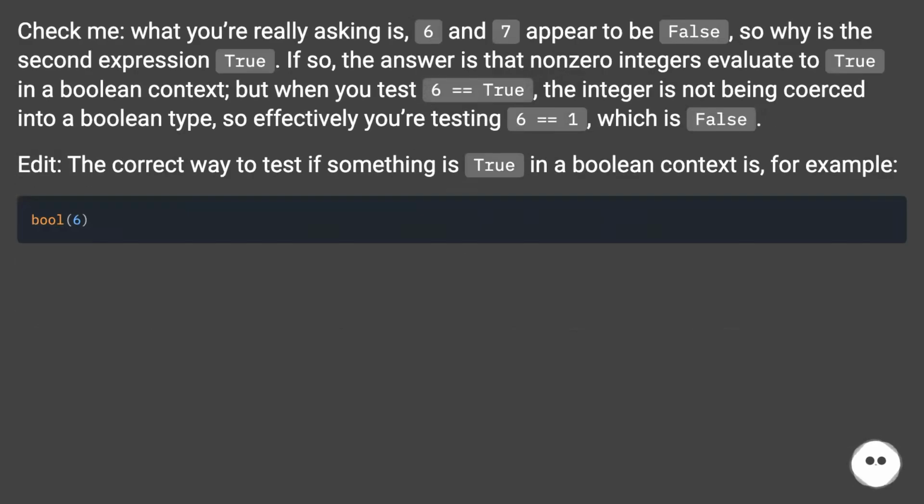Check me, but what you're really asking is, 6 and 7 appear to be false, so why is the second expression true? If so, the answer is that non-zero integers evaluate to true in a boolean context, but when you test 6 == True, the integer is not being coerced into a boolean type, so effectively you're testing 6 == 1, which is false. Edit: The correct way to test if something is true in a boolean context is, for example,